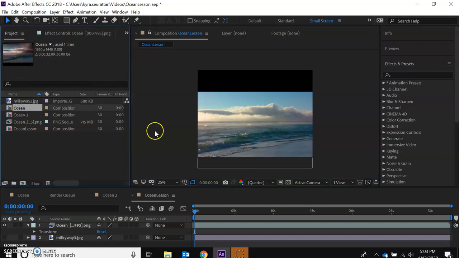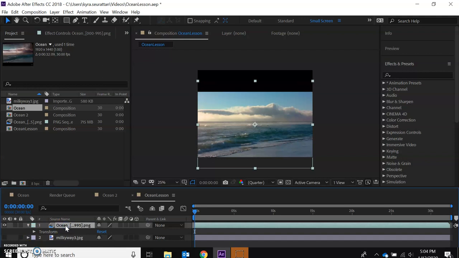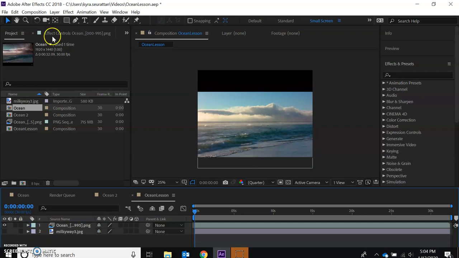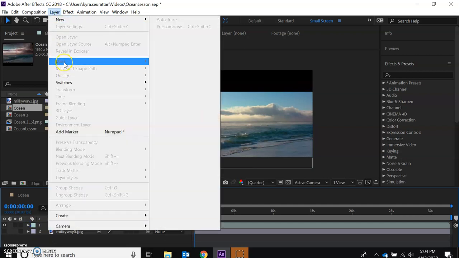So now the next thing that I need to do if I want this to look like our cool wacky environment here is to get rid of our sky, and there are many ways to do it, but for the purposes of this tutorial we're going to use what's called a mask, and a mask is a shape that you can apply to a layer that will get rid of stuff you don't want, to put it simply. So we have our stuff here. I'm going to close up that, and we go up to layer and we go to make a new mask,